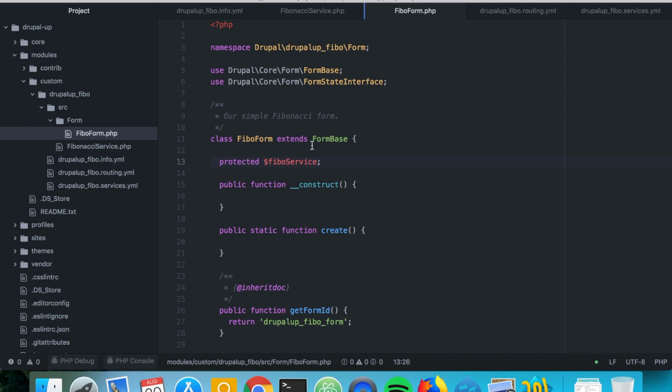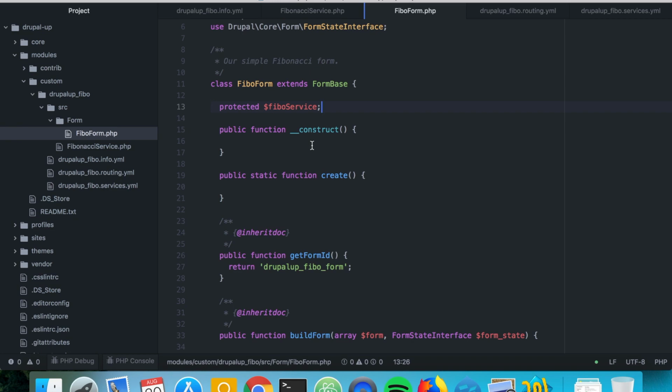That is the Fibonacci service variable in which we are going to be storing the Fibonacci